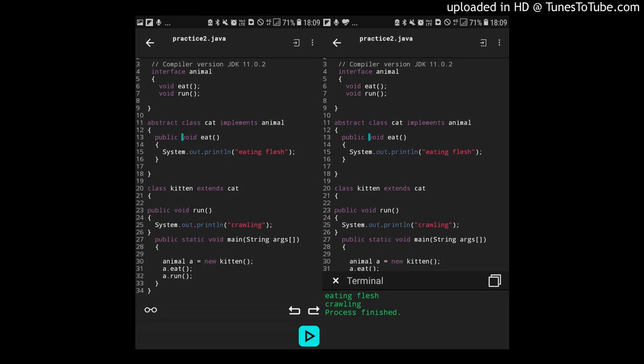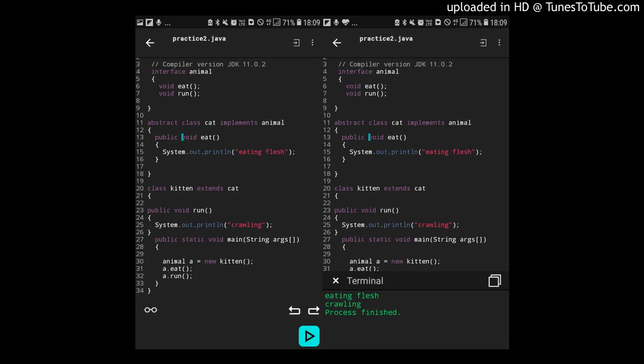Say for example, we have an interface called animal, and it has two functions. One is void eat and another one is void run.